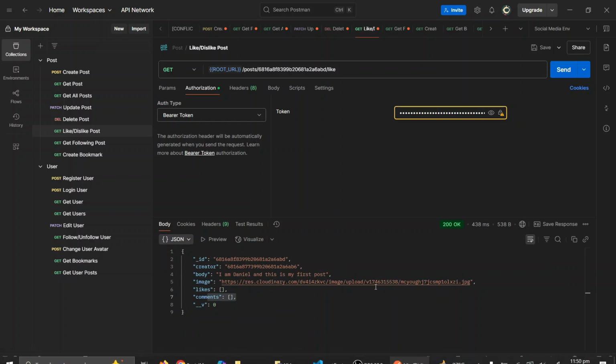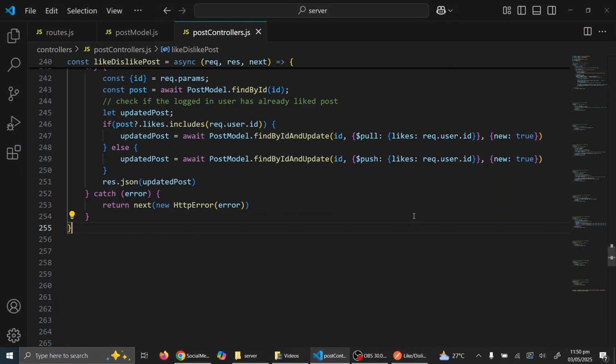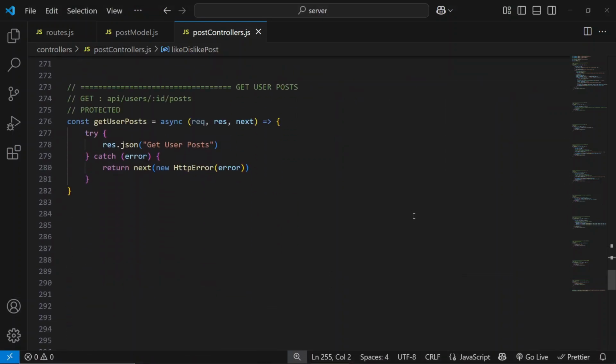So the like dislike post is also working. Now let's move on to get user posts, and this should be pretty easy. I just need the ID of the user, right? So this should be coming from the request params. So I'll say user ID should be equal to